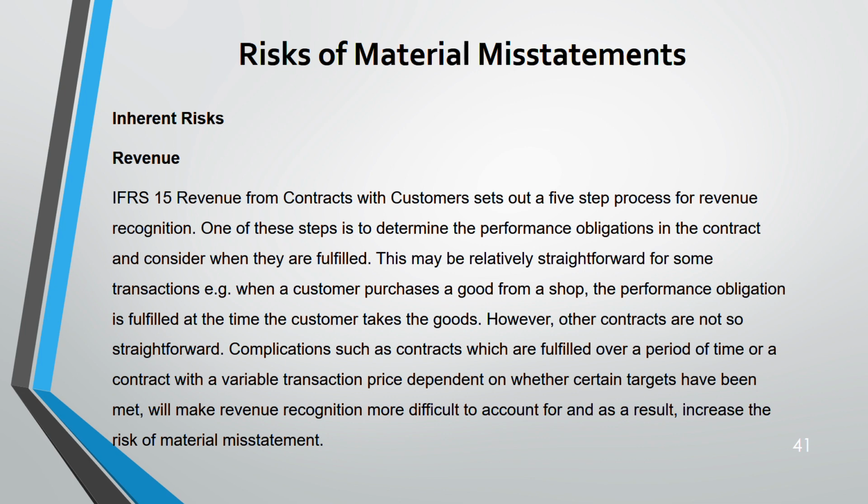And if the contract is for a long period of time, you can recognize revenue only when the contract is fulfilled. Let's say construction, you have a contract to build a building over 3 years. So the revenue you can recognize after 3 years, right? So it makes revenue recognition difficult. Because it makes revenue recognition difficult in this case, what happens? Risk of material misstatement increases. Remember, whichever area is more risky, more difficult, that area needs to be audited more. Why? Because the risk of material misstatement is in that area.